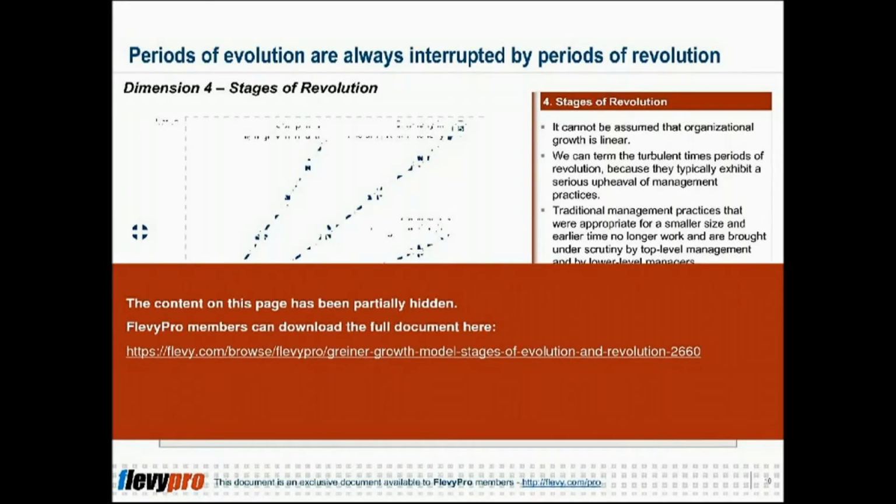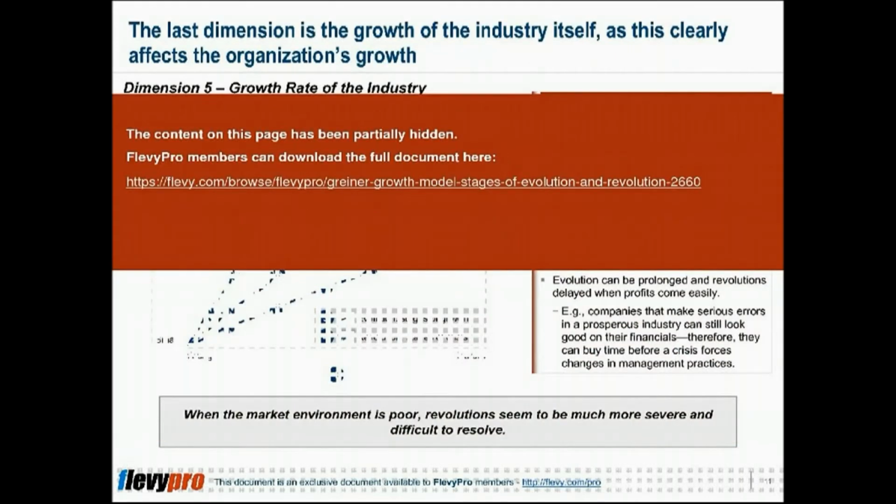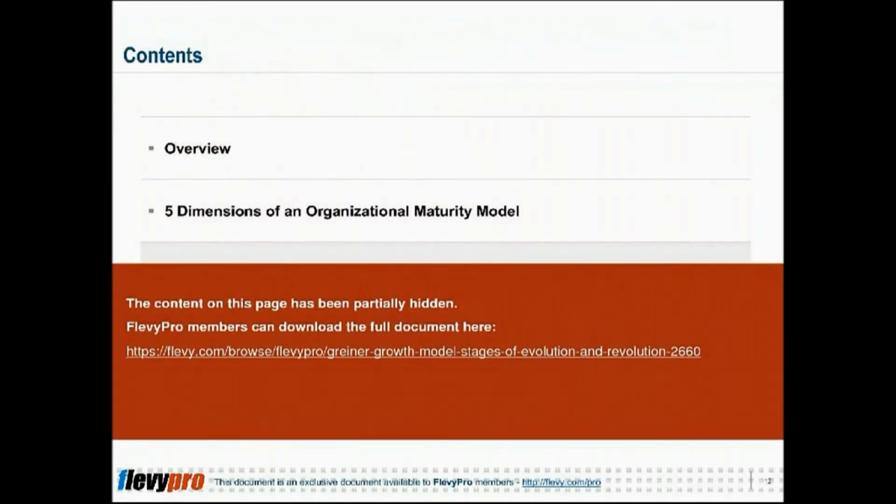The concept of these dimensions is captured in the framework known as Greiner's Growth Model. Let's dig into each of these dimensions. 1. Age of the organization. The most obvious and essential dimension for any maturity model is the age of an organization, represented on the graph